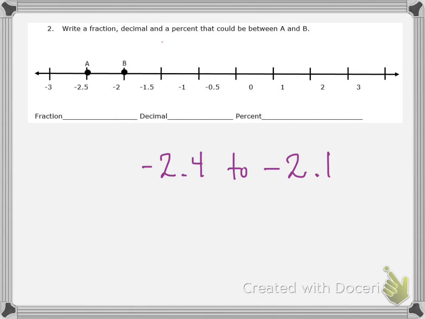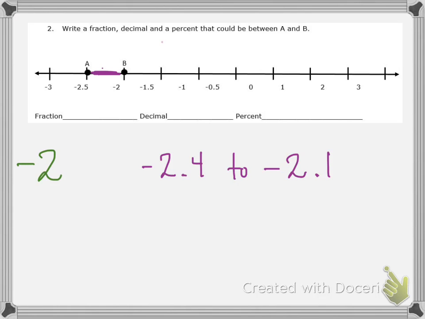All right, number 2, you had to write a fraction, decimal, and a percent that could be between point A and point B. So I'm looking for a point that's in between A and B here. So your answer may be a little bit different than mine, as long as you have a fraction, decimal, and percent that is in between -2 and 4/10 and -2 and 1/10. So I'm just going to pick one that's in between. So let's go with